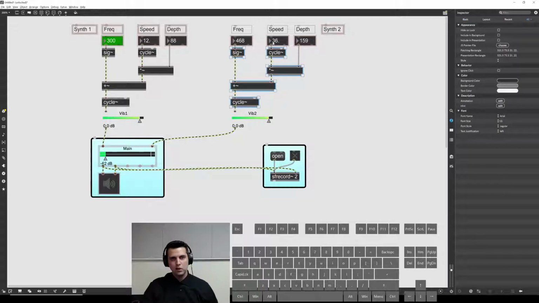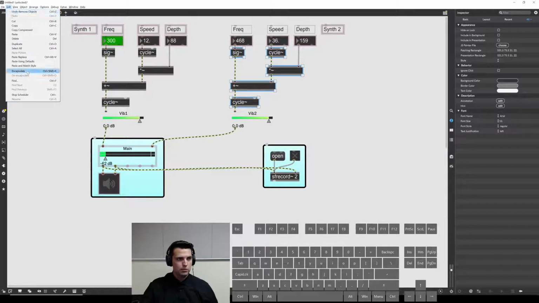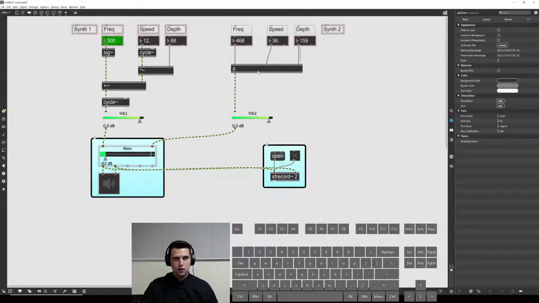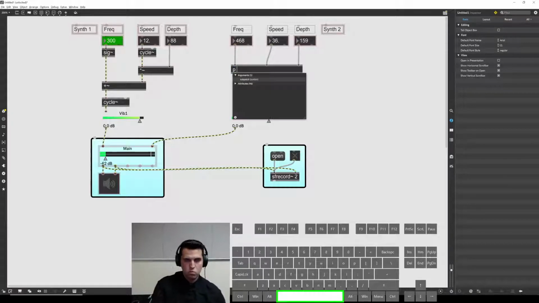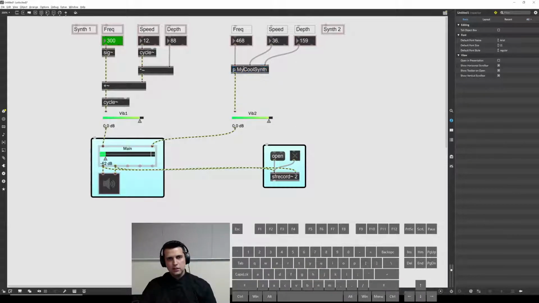And for me, I'm leaving all of these outside because we still want to be able to interact with those. I just want these objects here that I'm not going to interact with to be encapsulated. So let's do that. And you'll see it's a blank patcher. We'll call it My Cool Synth. Now this is entirely arbitrary what you title it, because